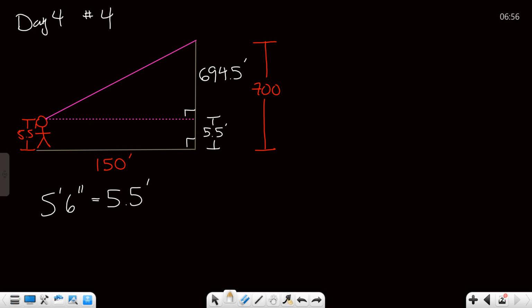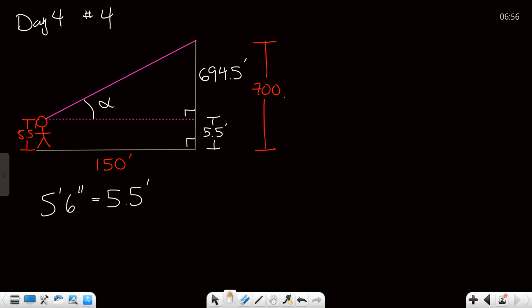We can work with the right triangle. We're going to have to incorporate the rectangle into the problem. So I'm going to be solving for alpha. That's my angle of elevation, once again, from the horizontal upwards. And after setting up this picture, you see that if the mountain is 700 feet high and your eye is